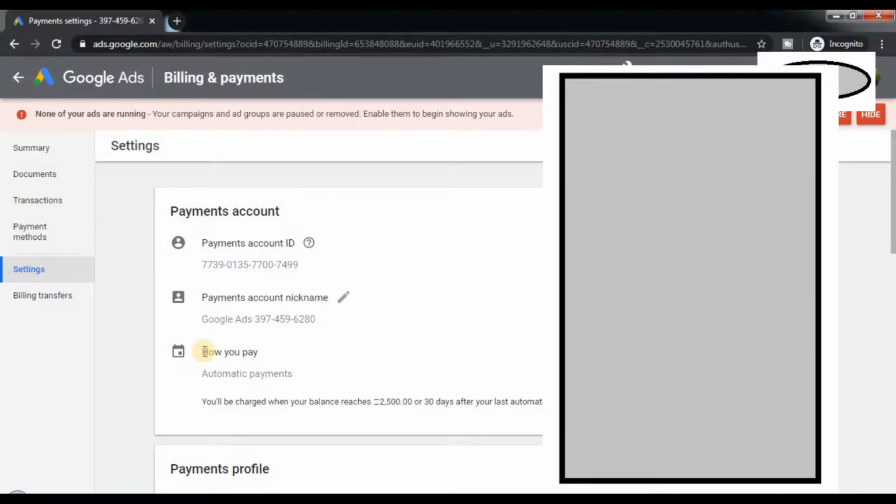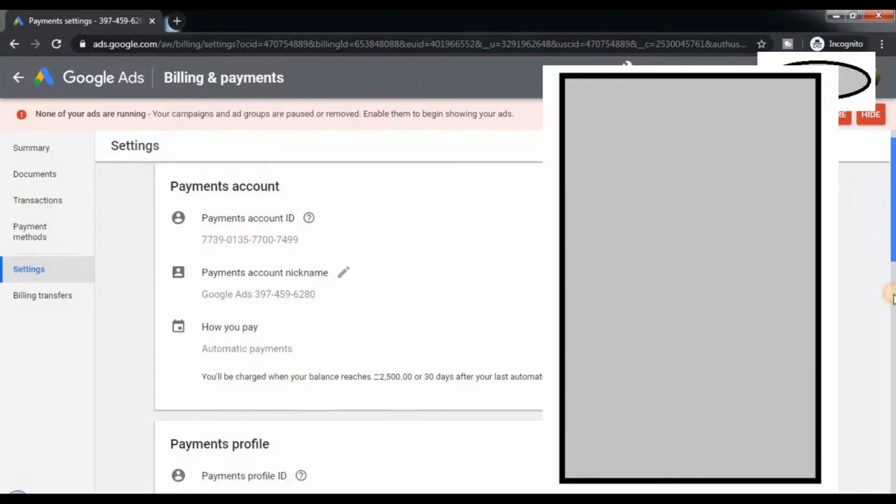and the threshold is raised if that threshold reaches before 30 days. There is an either-or condition in this automatic payment. Either your threshold is reached or 30 days. Whichever comes first, the automatic payment will initiate or will trigger a debit for your card. I have given here my credit card, so let me give you an example by doing that.